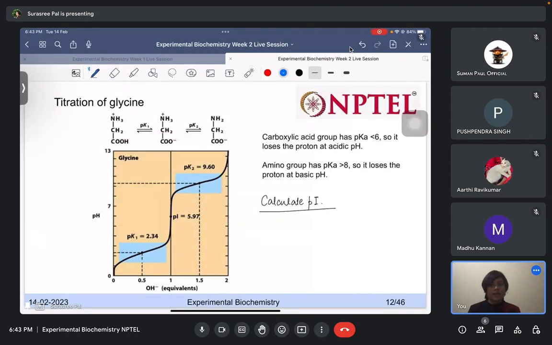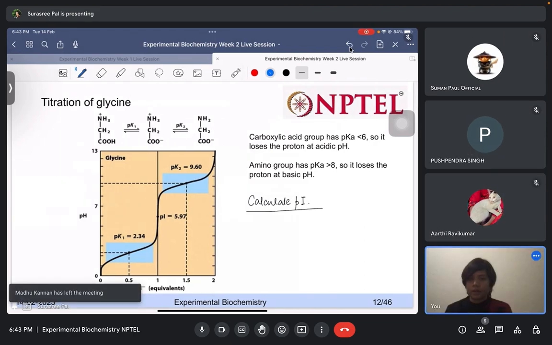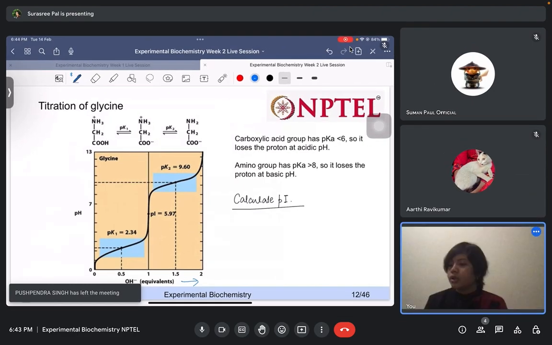We will see how the titration of glycine actually looks when we do this experiment. So how will it look experimentally, right? When we titrate glycine, how do we titrate? We titrate with an alkali, right? And so when we are adding an alkali, here you can see on the x-axis we are adding the OH minus, or the alkali, right? So now when we are adding alkali or base,